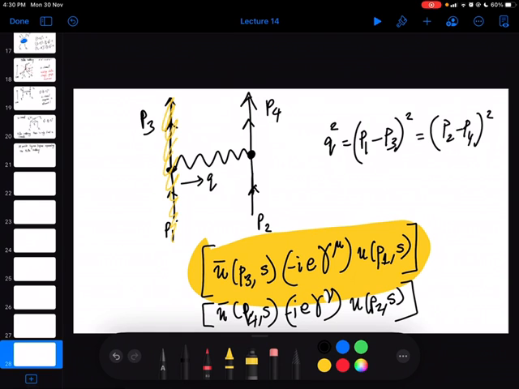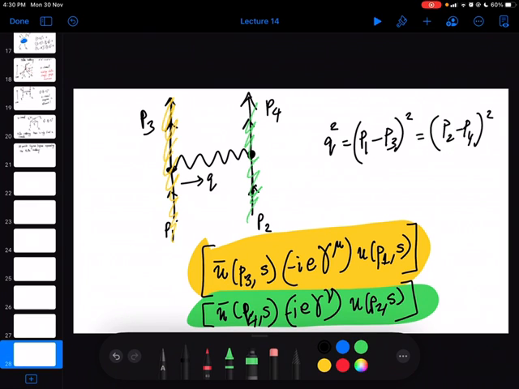I shouldn't put the same index, so I put it as nu. And the index connecting these two I'll color with, say, green, and this is the same green which appears here,